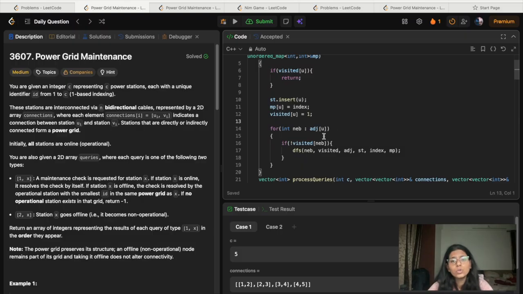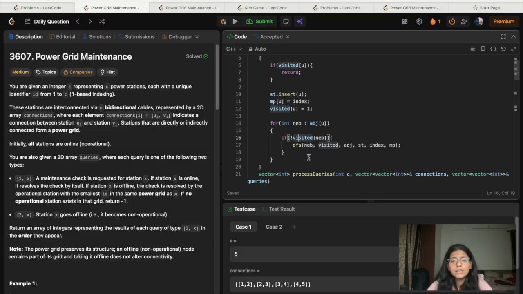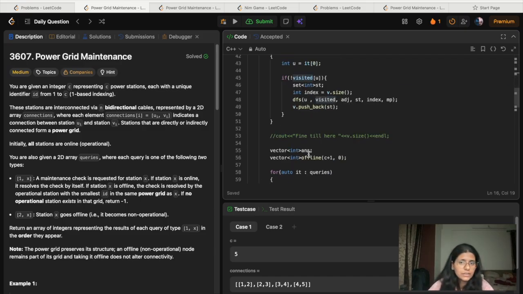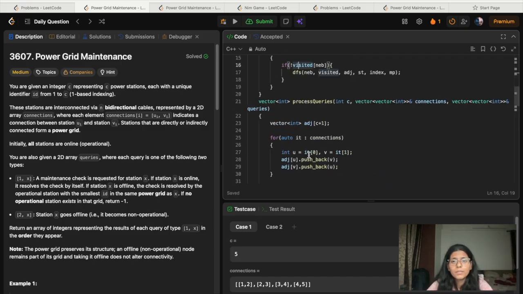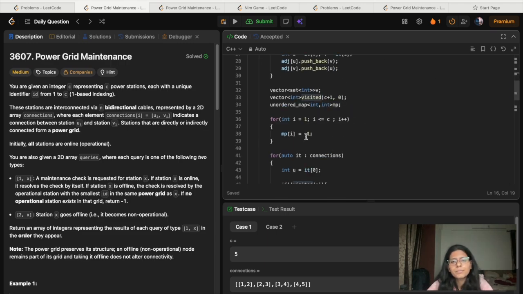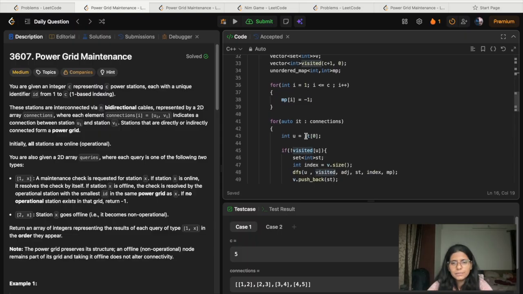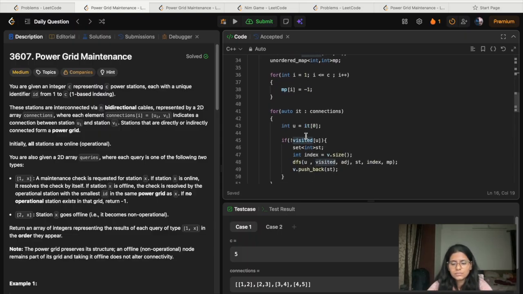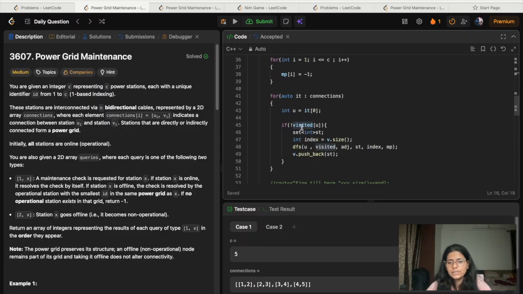And now we'll go to the neighbors of that node, basically the adjacency list of that node, and if a neighbor is not visited, then do the DFS traversal. So basically this will group nodes which are in the same subgraph. That's the purpose of doing this.